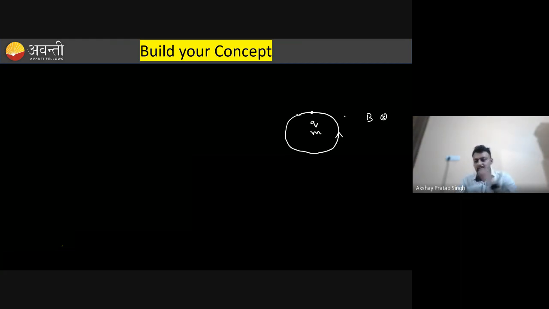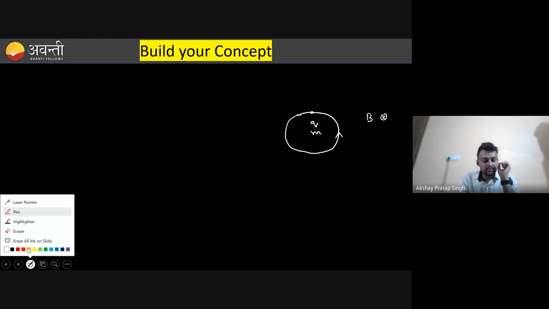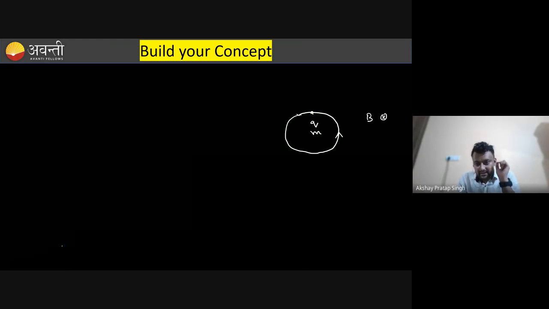Clear? q is the charge, m is the mass of the particle, magnetic field is B. And just listen to one more point. When the particle reaches the topmost point,